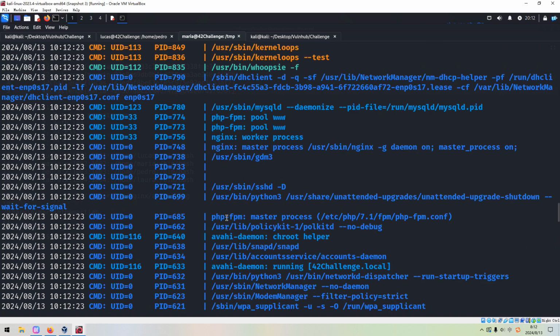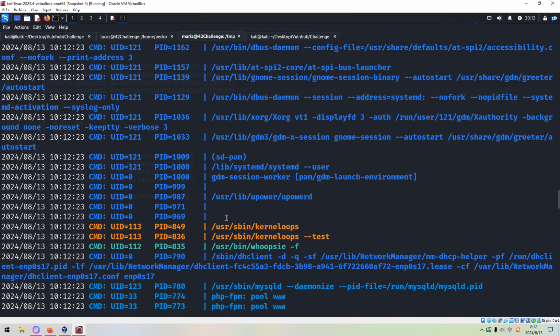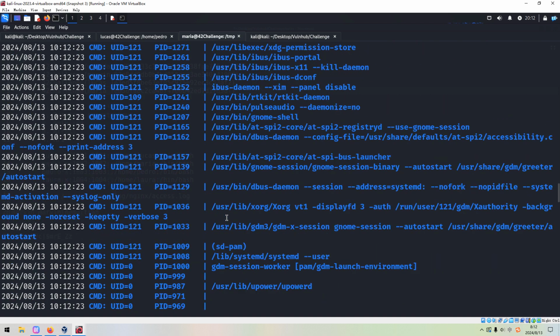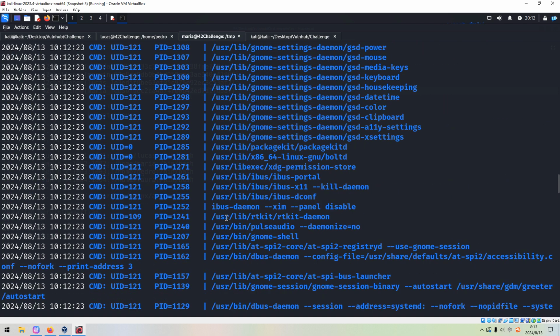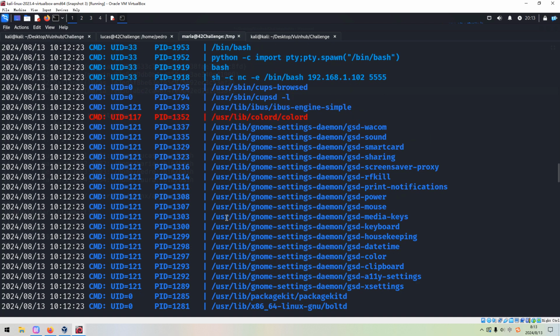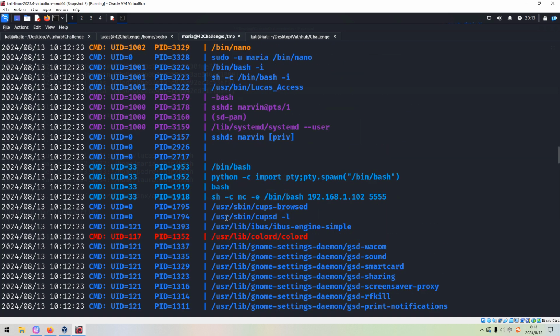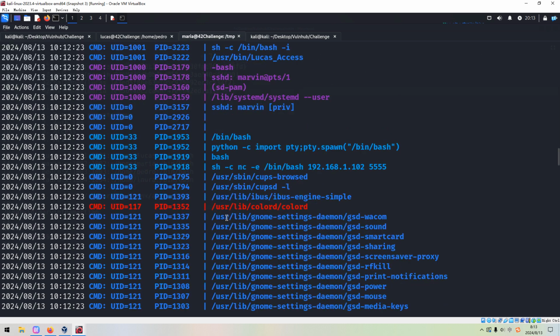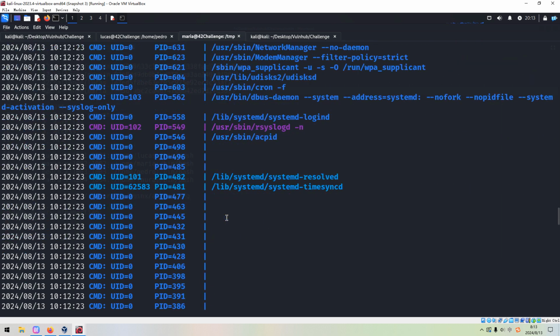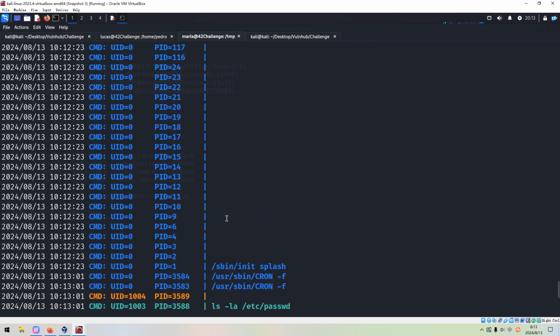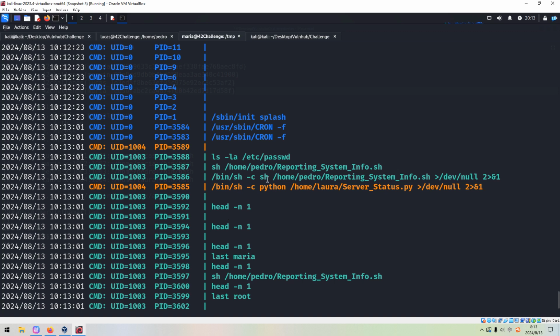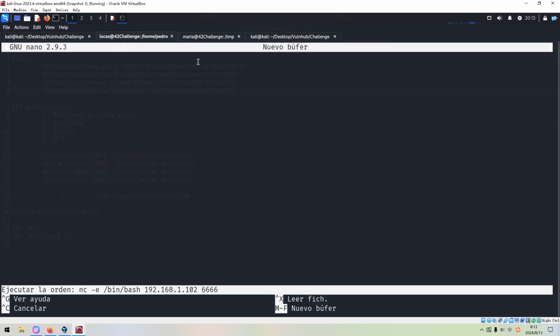And we need to find some interesting processes. Then we can utilize such a process to make another movement. Okay, as you can see here, I think this is user 1000, maybe we can take a look.